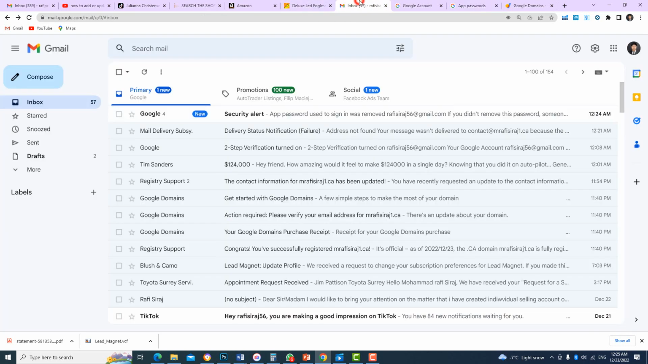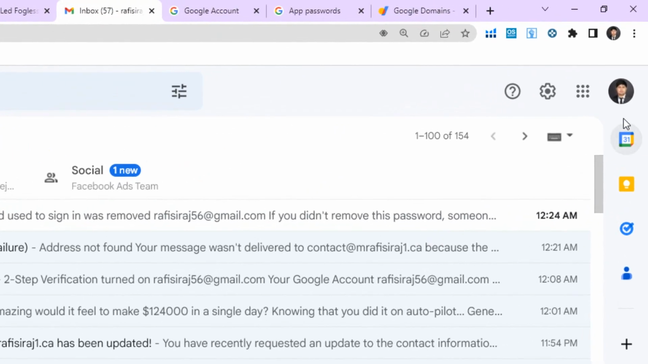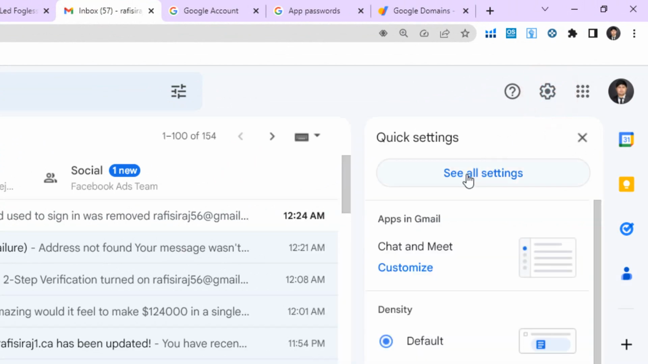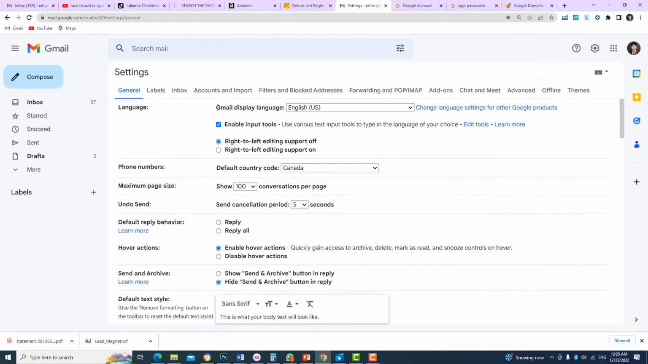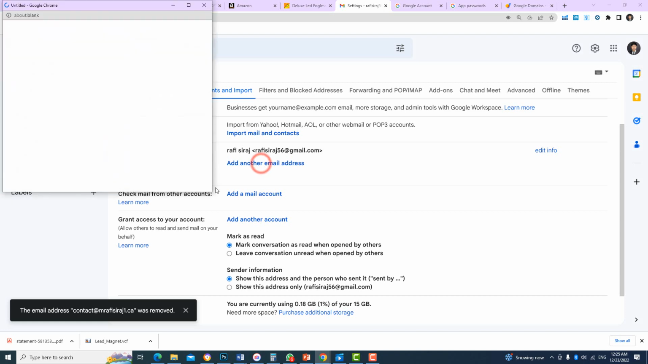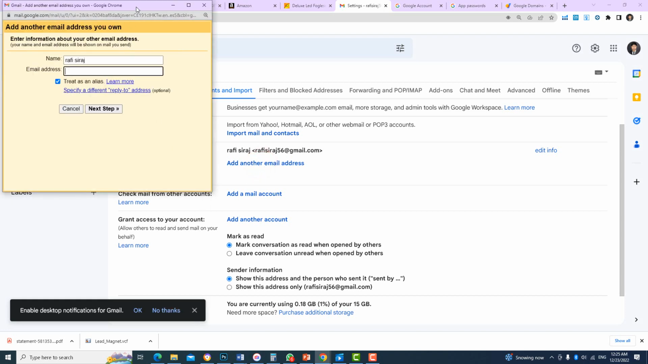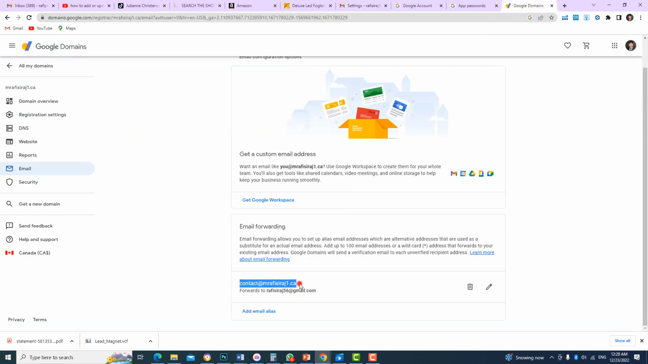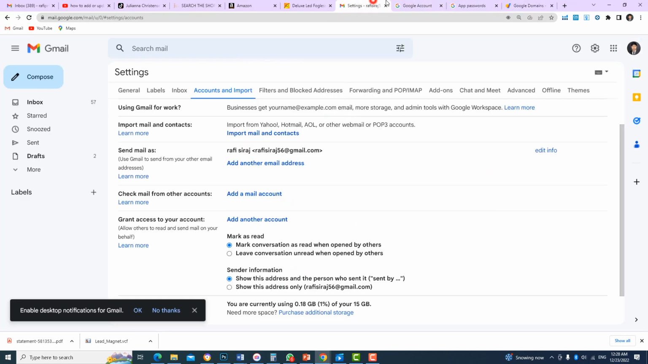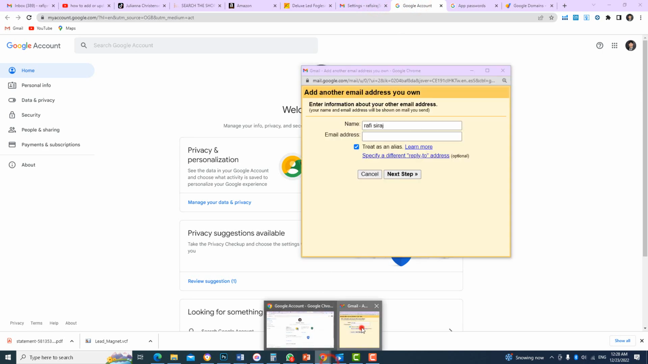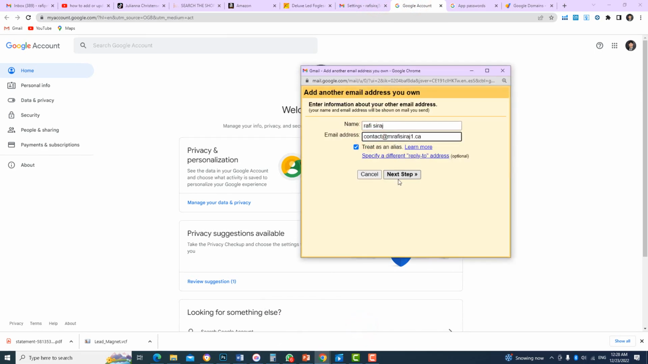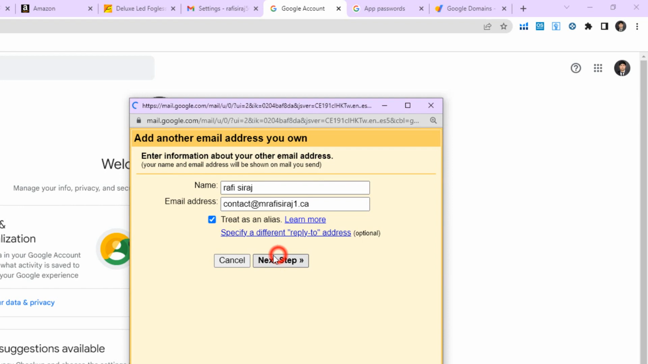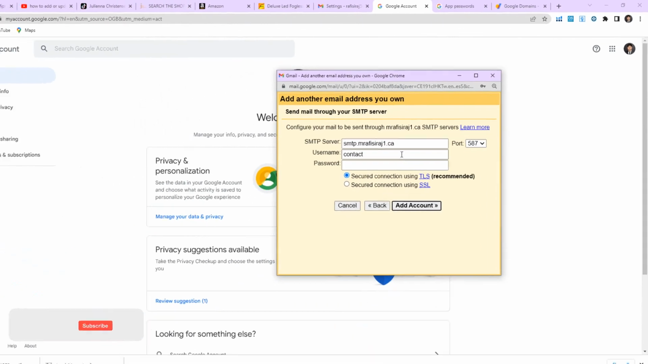Now go to Gmail, click on settings, see all settings, add another email address, click here. We will paste the professional email address here. Go to next step. Now we see